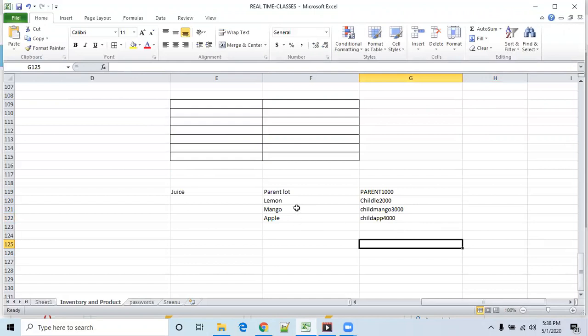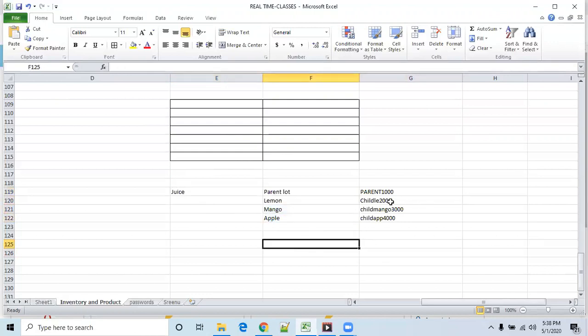They maintain it like this because juice is a kind of component in the grocery. They don't want to change the parent lot. For each component they fix one parent lot, but the child lots will be different.